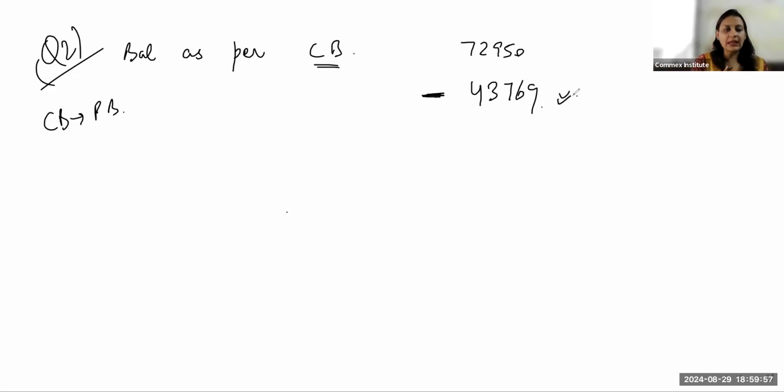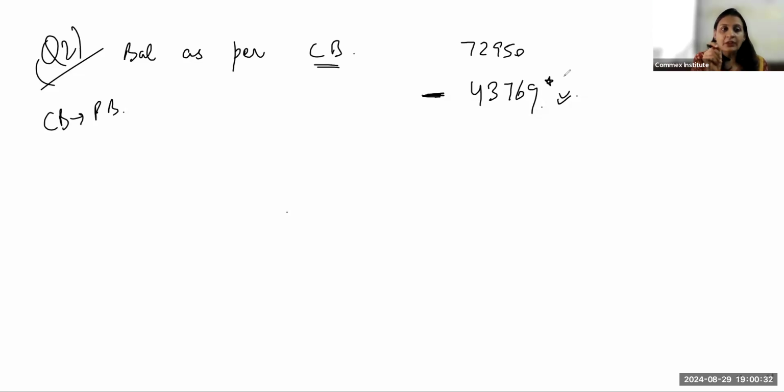I am repeating it again बच्चों, listen to me carefully. He sent checks for 90,075 to his bank for collection, but checks amounting to 43,769 were not collected by that day. ये कलेक्ट नहीं हुए हैं, उसका मतलब बाकी जो चेक्स हैं 90,075 माइनस 43,769 वो तो दोनों ने ही कलेक्ट कर लिए ना। बैंकर ने भी कलेक्ट कर लिए, उसने भी बढ़ा दिए होंगे, और कैशियर ने तो पहले ही बढ़ा रखे थे। तो सिर्फ